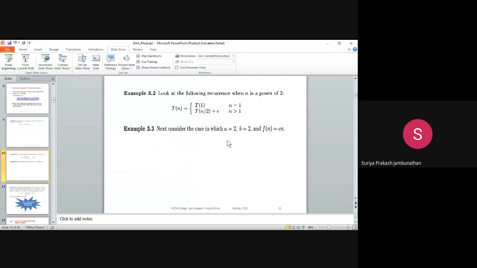Now they have given one more example. For this example, can you tell me the same? The A value is 2 and the B value is 2, and F of n is Cn.